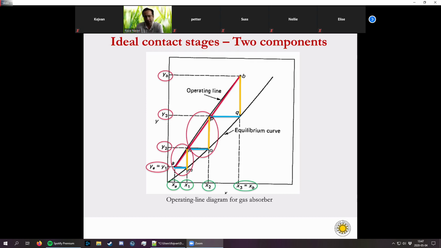But practically, we do not normally have ideal conditions, and that is why we have to consider the efficiency of each stage and each plate, in the way that we define our system. So that's why we include the efficiency. As the efficiency gets close to 100%, we call it an ideal stage. If the efficiency is less than 100%, then it means the actual efficiency of each stage and each plate. Right. So I would like to ask if you have any questions